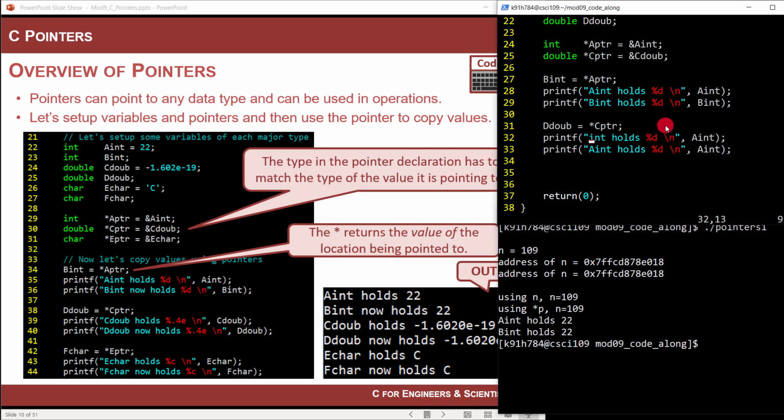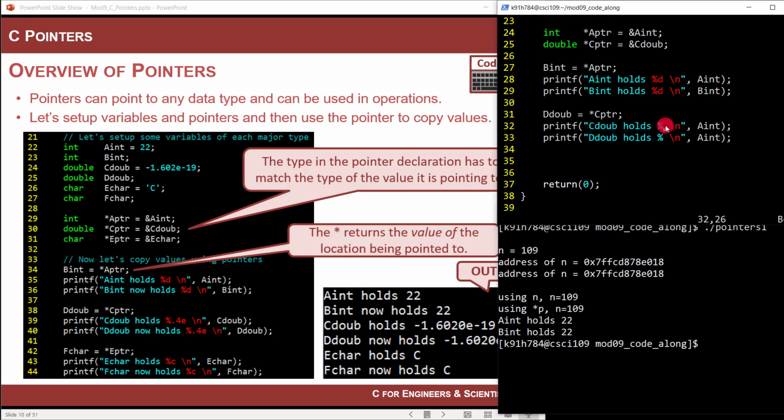I'm going to hit PP, and I'm going to go C dub, and then I'm going to go D dub, and I'm going to hold these, and I can't do the %D format specifier. I've got to do, let's do E since this is such a scientific number. So I'm going to go 0.4E, and then I'll go